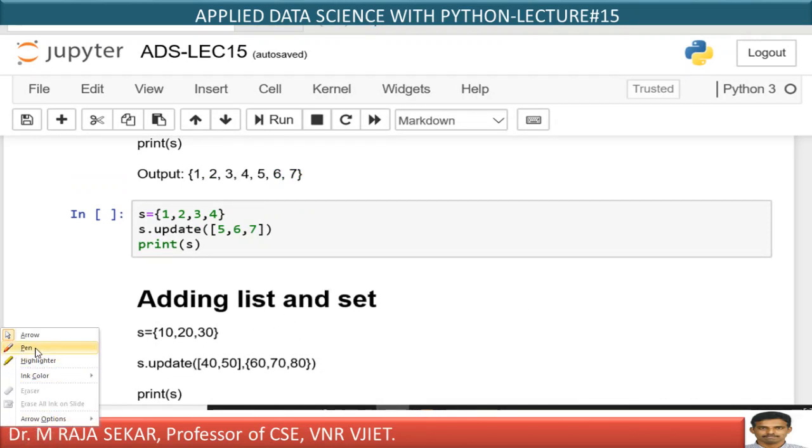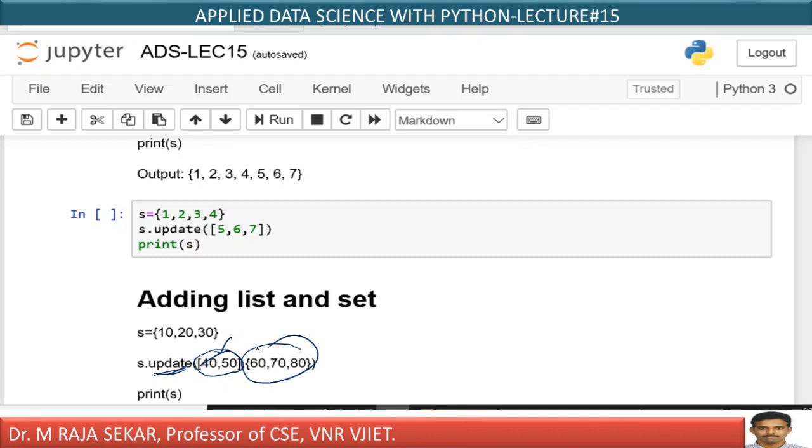Actually here we are not adding elements, you are updating. While updating, we can make use of this, which is known as list, and this is known as set, isn't it? Therefore, all the elements will be updated. Multiple elements can be added to the existing set by using list or set. Print S means what will you get? It will display all the elements 10 20 30 40 50 60 70 80.